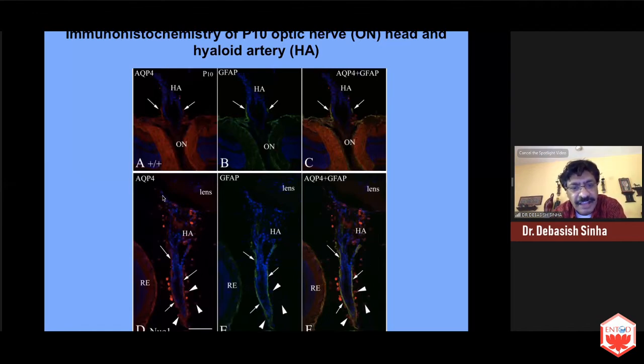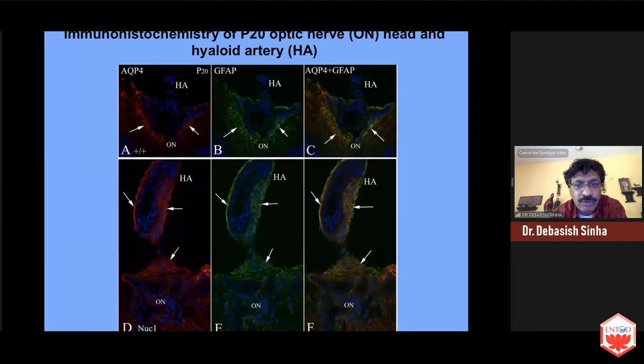We see that at P10, when normal regression has started in the wild type rats, the hyaloid artery is still much bigger here in the Nuke1, and we can see that actually they are covered by astrocytes. So this was very interesting to us, and then we looked at